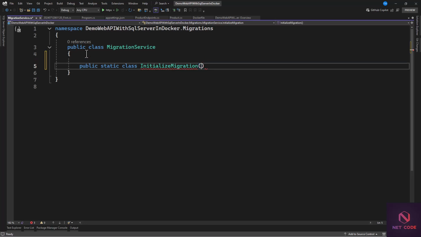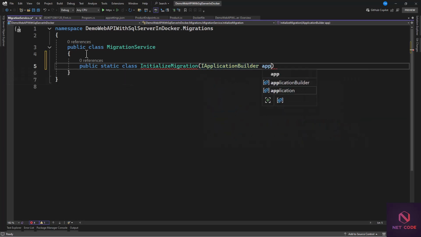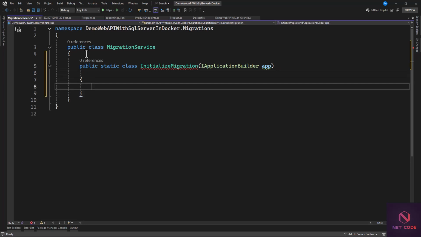And now with this, we need to specify application builder. Let's say this is app. Then in that, let's be using this so that I can just close the context as soon as this is done. Okay, so we have using var service scope. Let's get our service scope. So app dot, then we can have